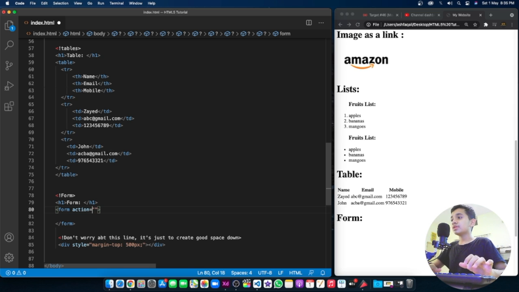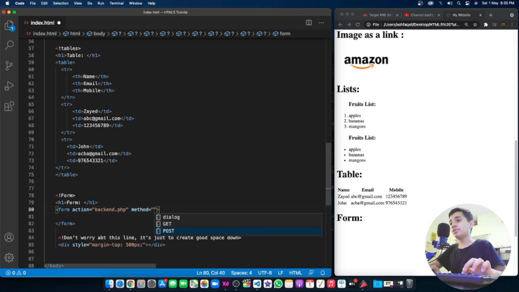Usually this form is sent to a backend developer, so let me type a fake file called backend.php. And you have another attribute called method,